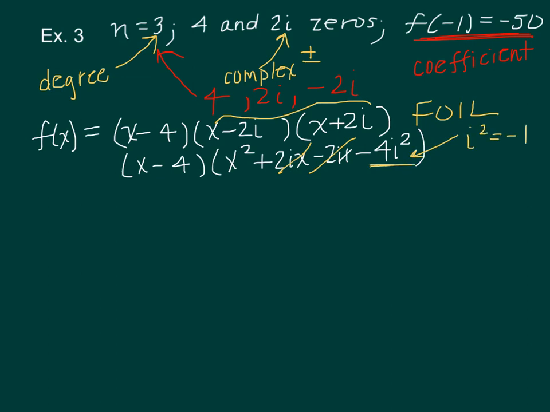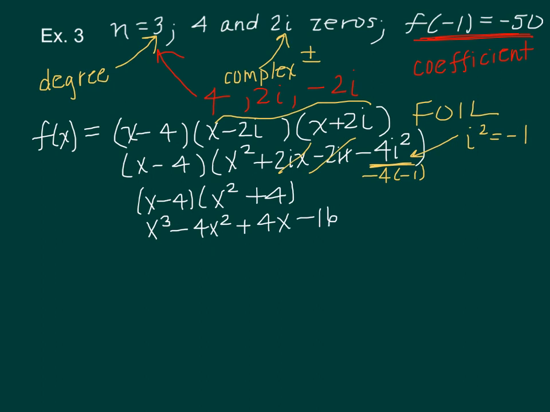So this is actually -4 times -1, which is 4. Now you can FOIL this. X cubed minus 4x squared plus 4x minus 16. And actually,